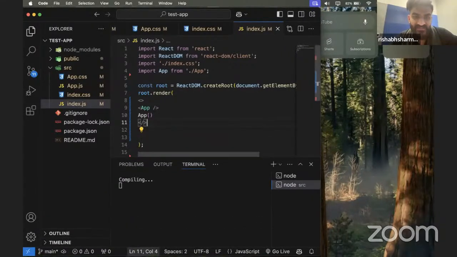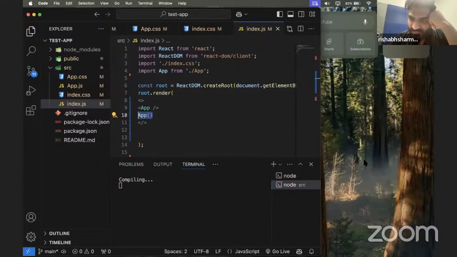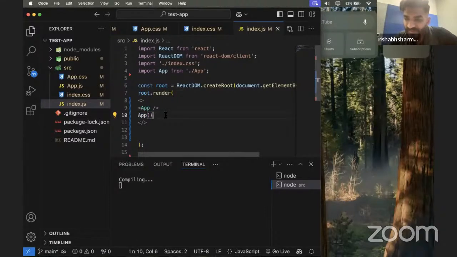Now tell me guys, can we call a component like this? Or maybe can we call a function like this? Is this the right way to call a function? Yes or no in the chat, everybody. Yes, yes, yes. So now tell me, if this is the right way to call a function,